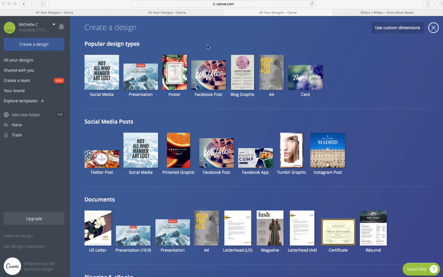Once you get to canva.com, you can log in there, open a new account with your Gmail or Facebook, and there are a lot of already partially created designs that you can start with. That might be a good help. Like here's one for an Instagram post. So if you click there,